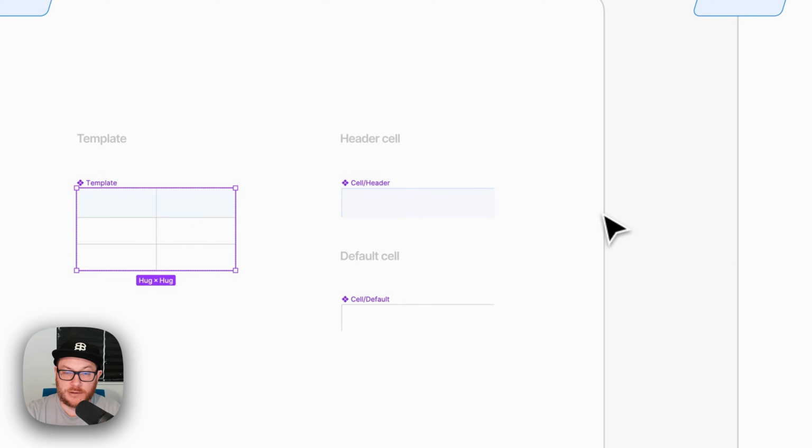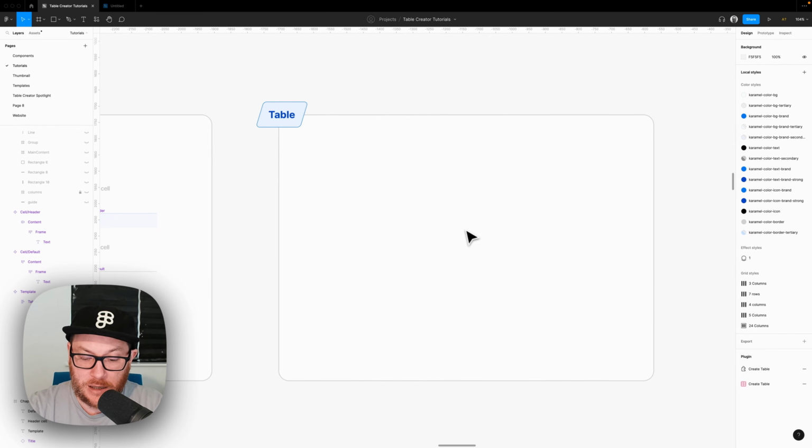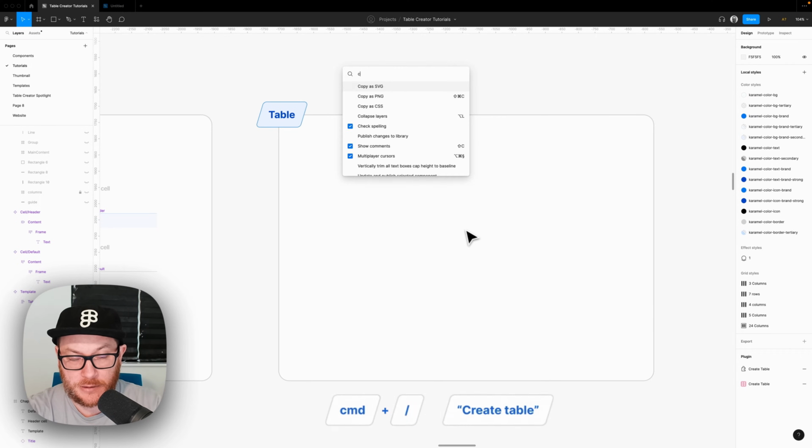And what this allows us to do is update and customize the way the tables look in the future. So I'm just going to go ahead and show you how that works. So let's create our first table,